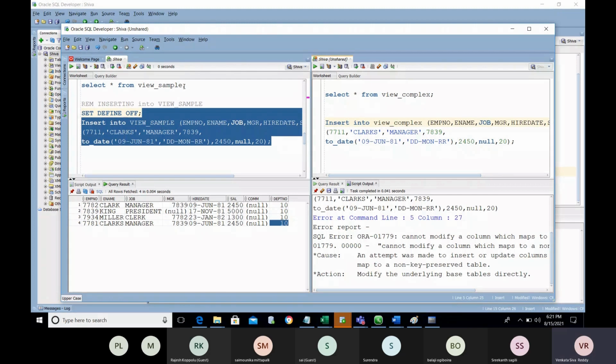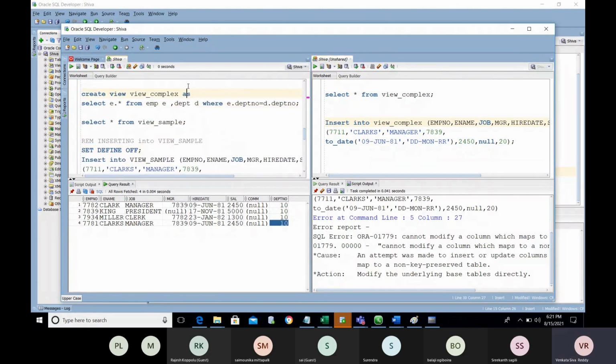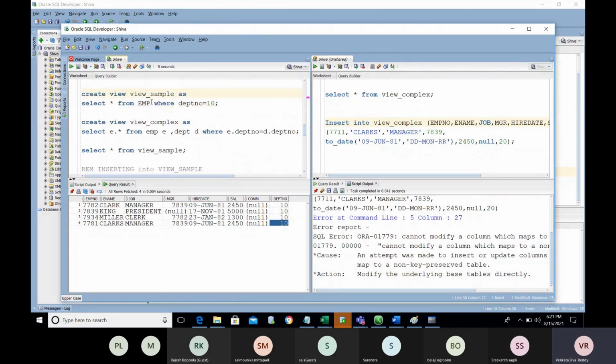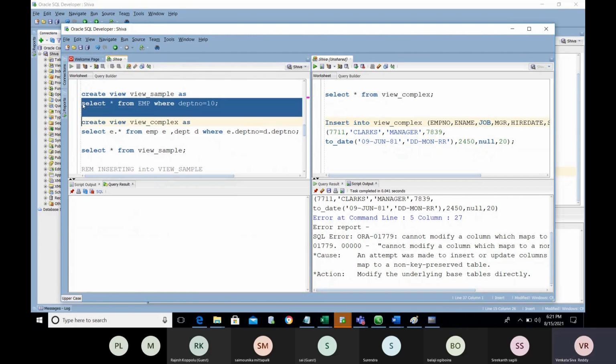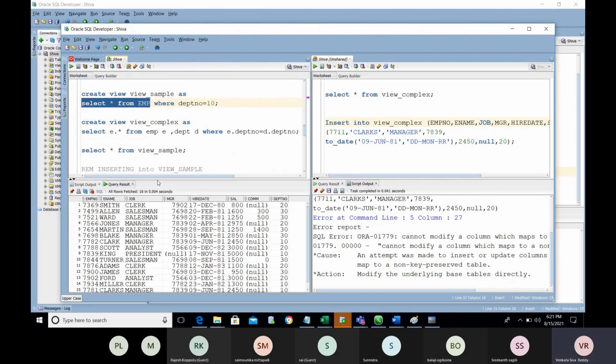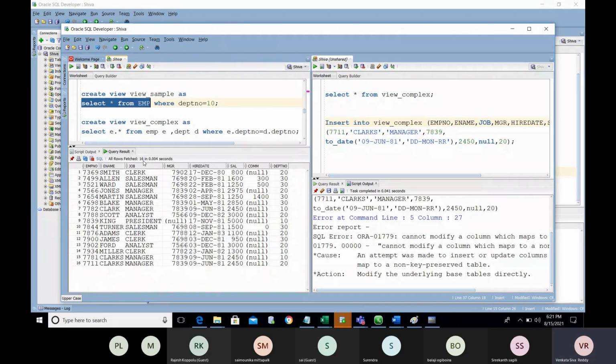See, we created the view on the table. So see, is the data affected in the base table or not? We inserted in the view, and the data is affected in the base table. Earlier we had only 14 rows, right? Now we have 16 rows. See, 7781 and 7711 are the 2 records we inserted now. The 2 records came and were stored into the base table, the employee table. Got it?